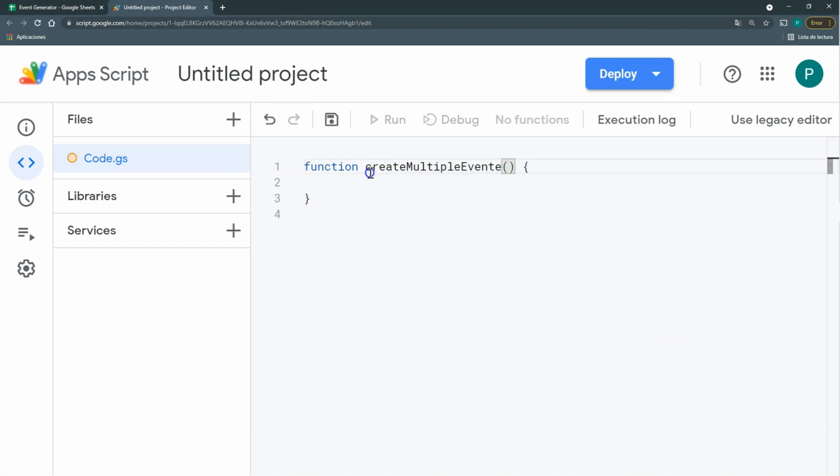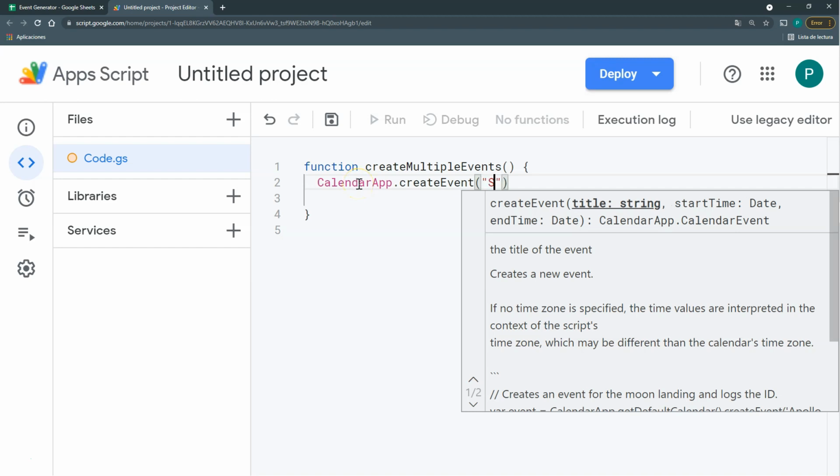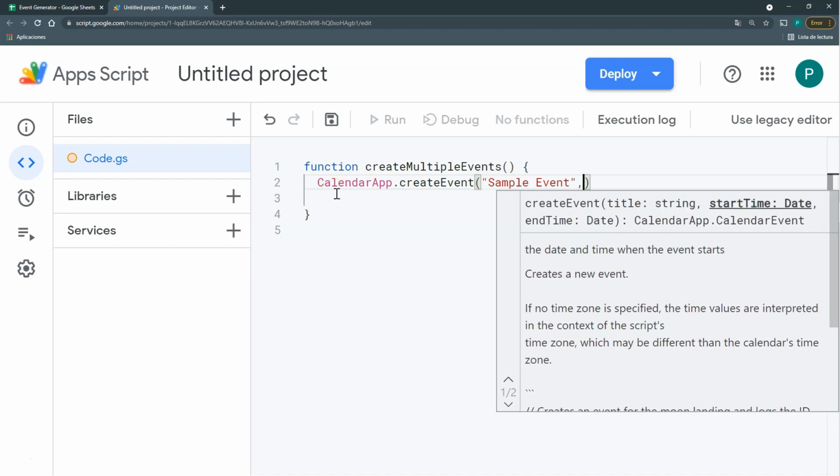I'm going to name this function createMultipleEvents. First, let's create a generic event in Google Calendar and see if everything's working, and then we can go step by step. It's as easy as going to CalendarApp.createEvent. Then we have 3 mandatory arguments and some options where we can set the location, the guests, and other things. So first, let's create a sample event